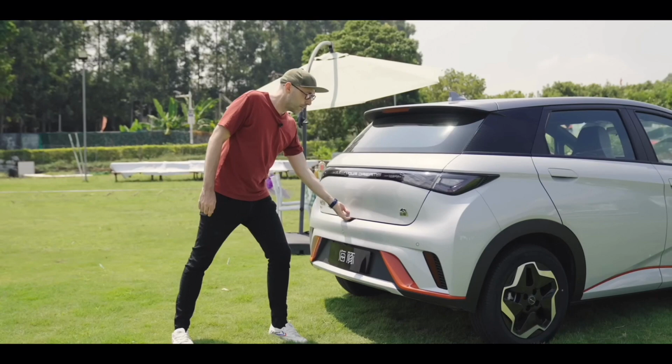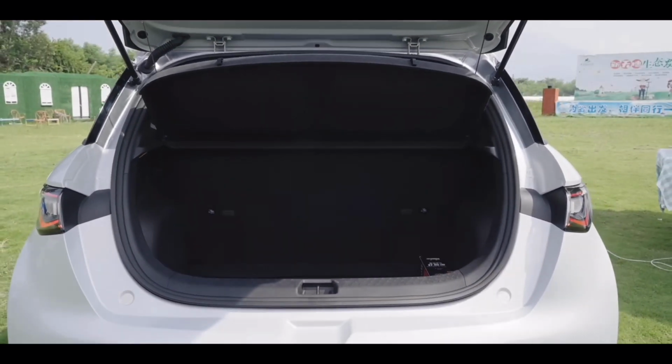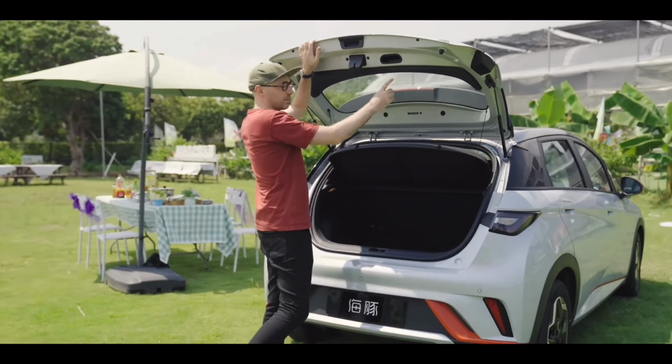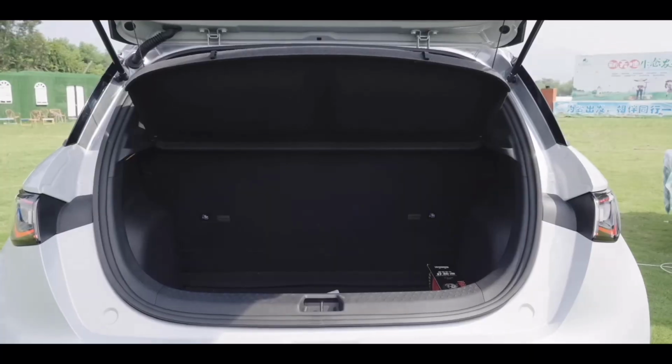in the market. Boot space, I can't actually tell you, but I reckon that's probably about 350 litres. And you can obviously fit baby seats because it's got ISOFIX as well. Again, no fancy buttons to self-close, keeping that cost down, making sure all the tech is in the battery and